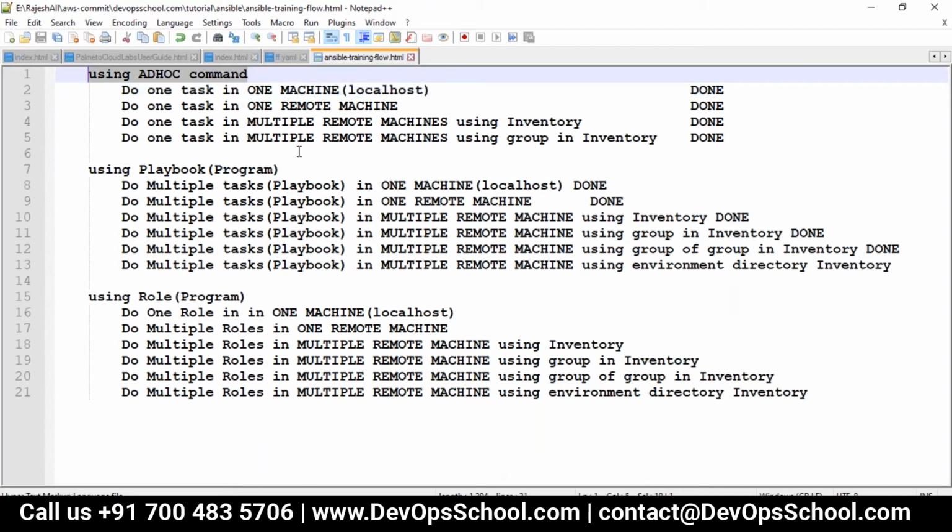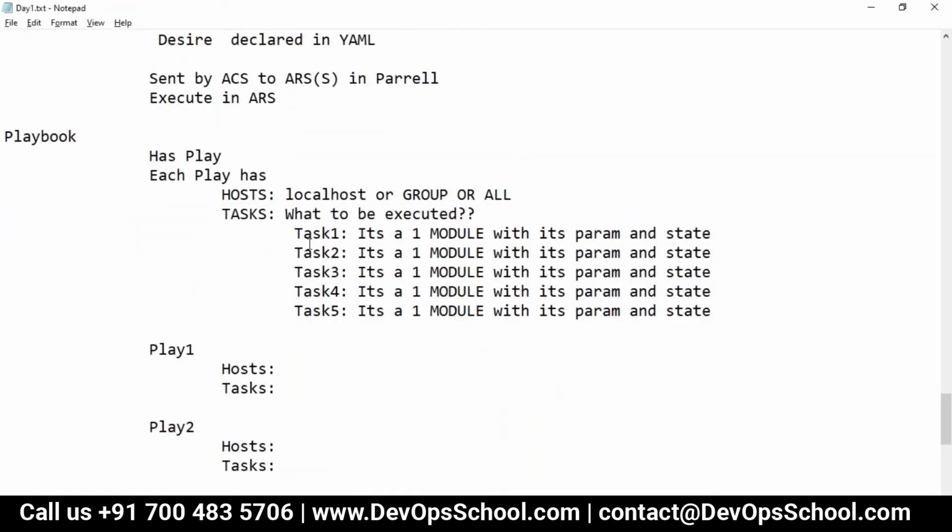See here, the power of ad hoc commands in Ansible. If you want to do one task on one remote machine also, we don't need to write a playbook. We will use an ad hoc command. Now the question is, what is a task? Let me remind you one more time if you have forgotten.